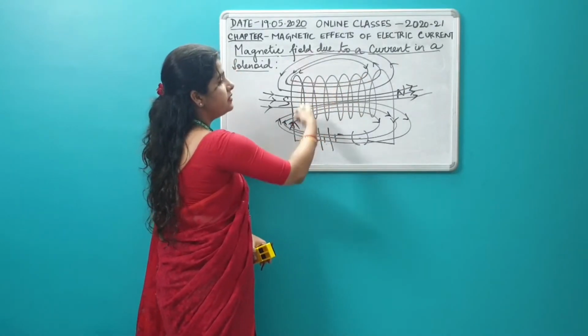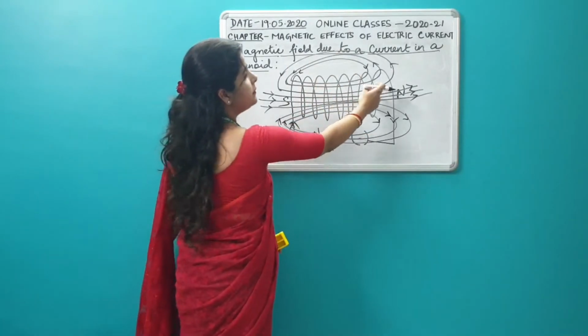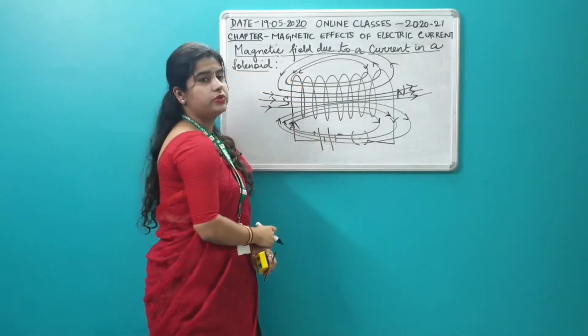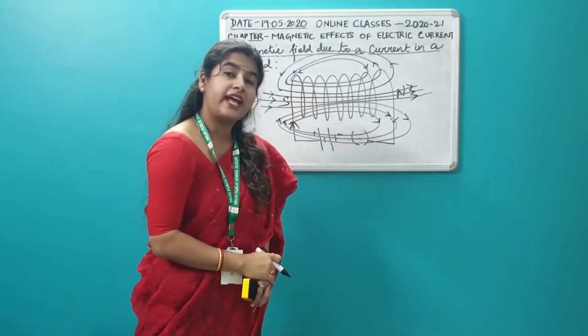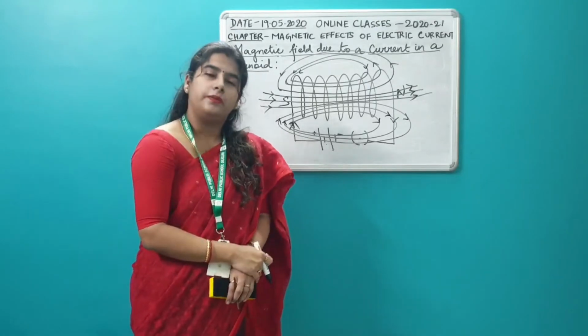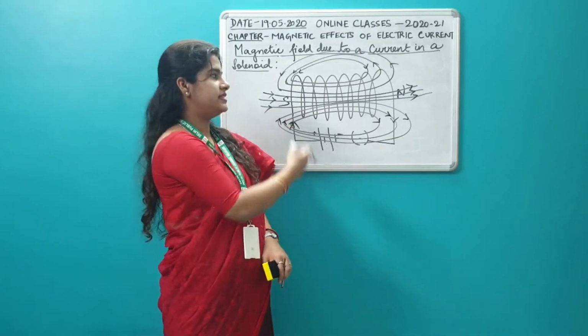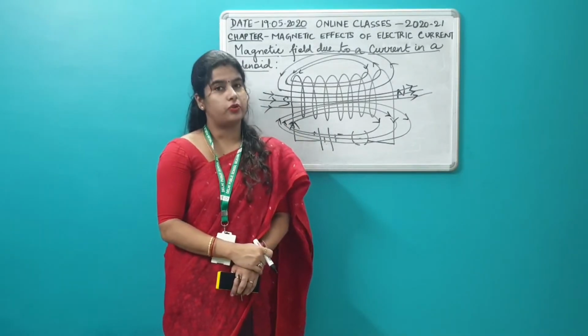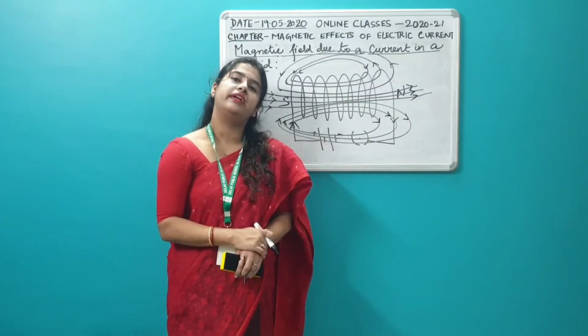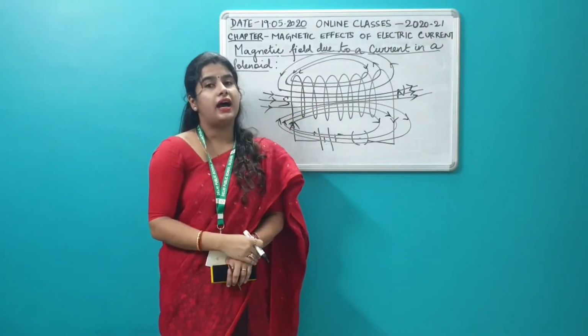And look outside, they are again in the form of these rings. That means they emerge from the north pole, they merge into the south pole. Isn't it similar to what happens in case of a bar magnet we had seen yesterday? It is almost exactly the same. You can relate it. So this is the structure of a solenoid and what happens when current flows through this solenoid. This is how the magnetic field lines are.